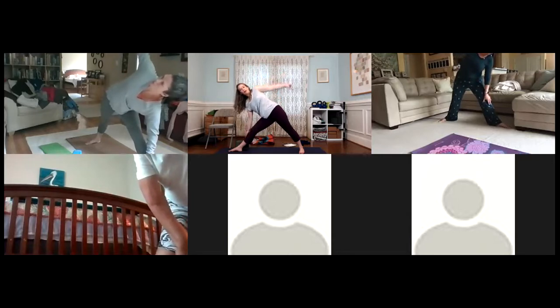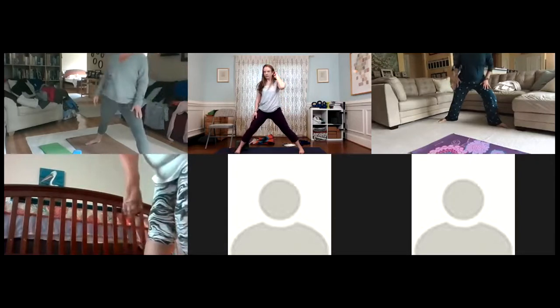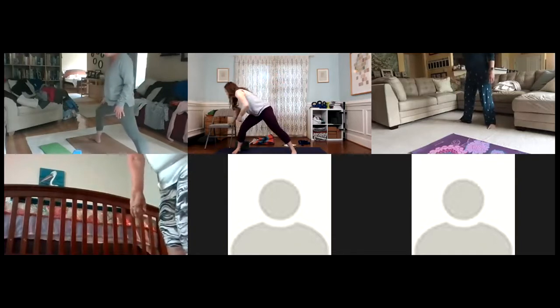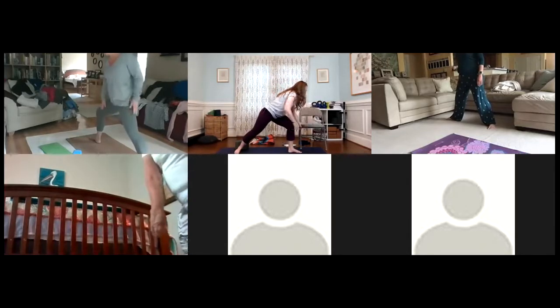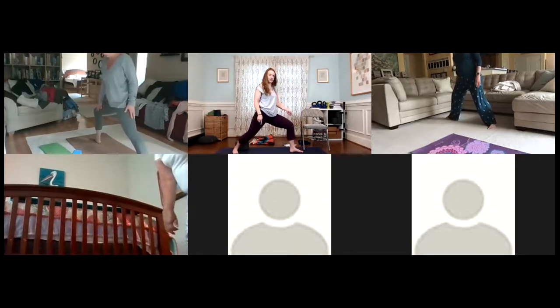And then go ahead and come on up, and we'll just switch sides. So you can find your chair or your block or whatever. But you can start with that warrior two stance. Just make sure, and it's helpful with bent knees, to see that your knees are tracking the same direction